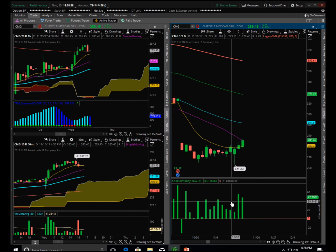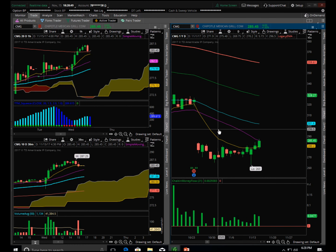And I think CMG is positioning itself for a move higher because it closed right at the neckline of, or should I say the head of the 20-day moving average on the daily chart. And it's holding the 200-day moving average as support right here on an hourly chart for a potential gap fill back up to $323. So I would definitely say